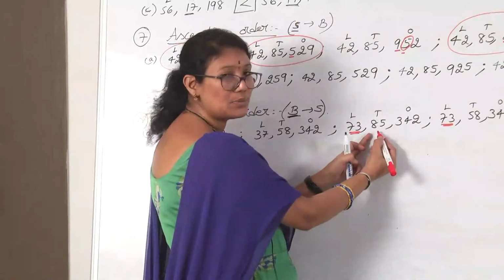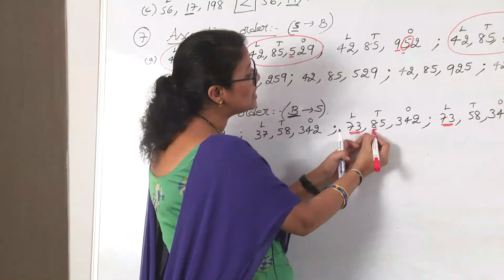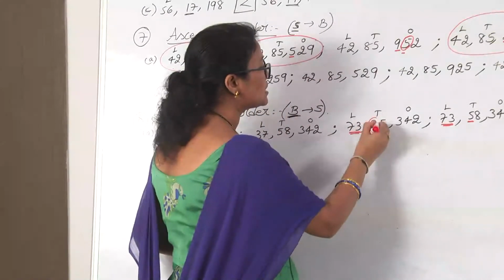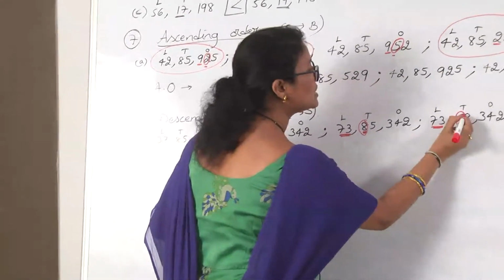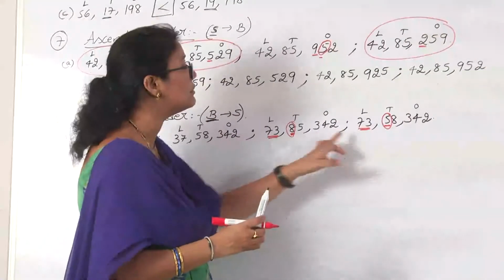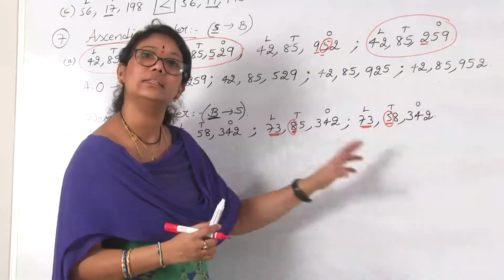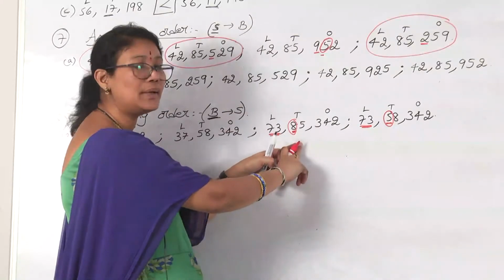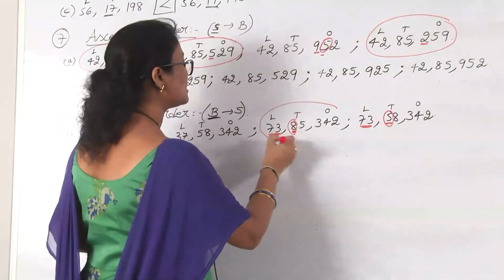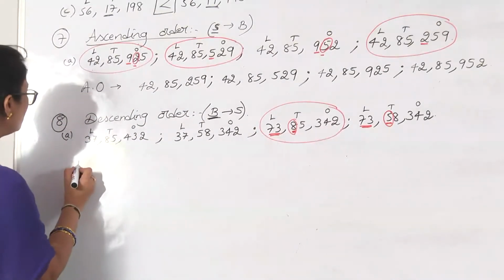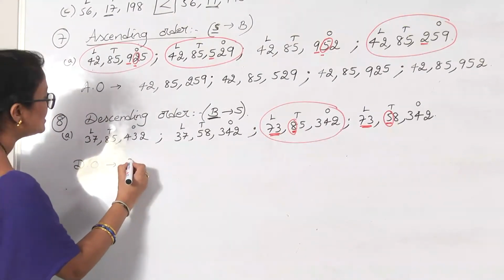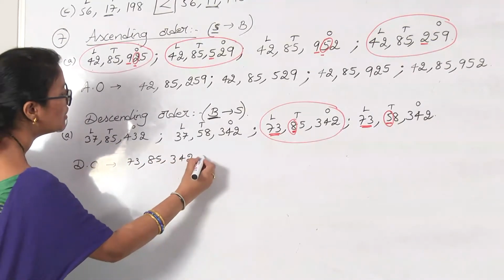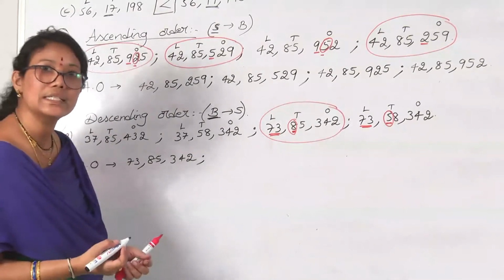Now moving on to thousands period, under thousands you see the 10,000s place. Here it is 8 and here it is 5, right, children? From this 8 and 5, check out which one is the greater one. Obviously we can say 8 is the greater number, yes, children? So our first bigger number is 73. So descending order is 73 lakh 85,342. Can you guess what will be the next number now?